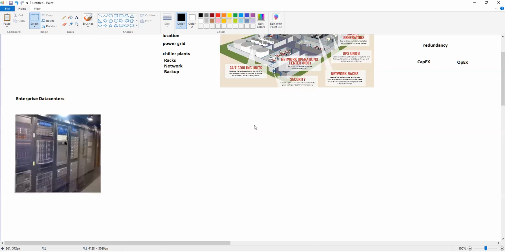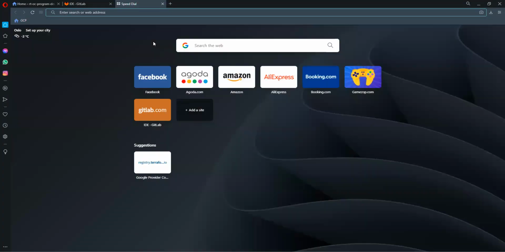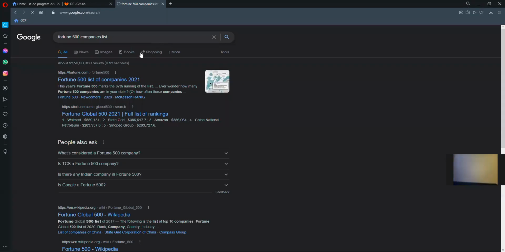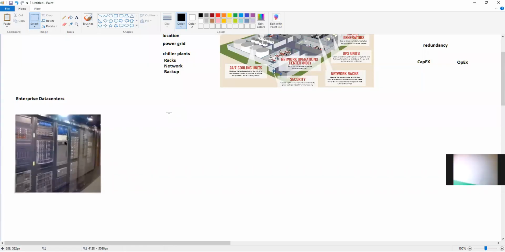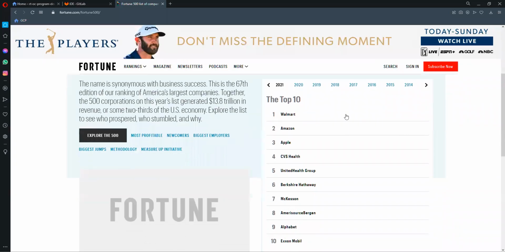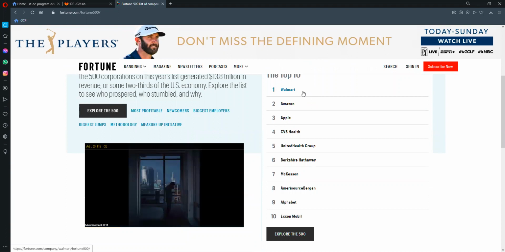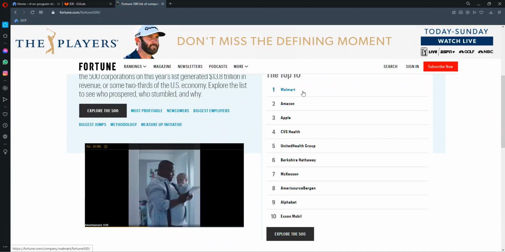So something, if you have not heard or seen, let me just show you. So Fortune 500 companies, I'm just giving you an example. This is so much affordable for Fortune 500 companies to actually go for it. Other than Fortune 500 companies can also do that, that's not a problem, but they'll do it on a very small scale. But companies like Walmart and Amazon, now these are not IT companies, right? Because the main domain of business is not in IT. Their domain of business is something else.